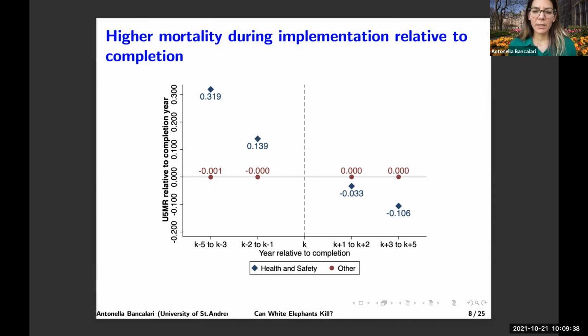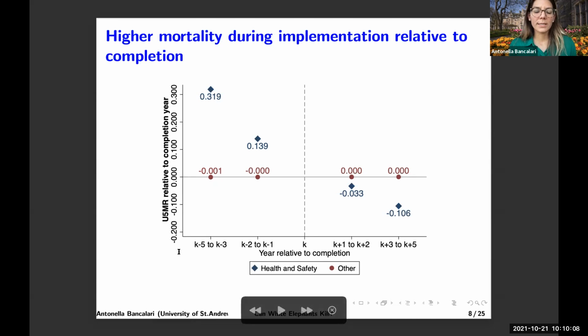Now, in line with the literature, there is ample literature showing that sewer systems were effective at reducing early life mortality. We can see that after a project is completed, the mortality is actually lower. Now, I cannot claim that these estimates or these statistics are causal, because the timing for project completion as well as for project start is endogenous in this case of Peru.